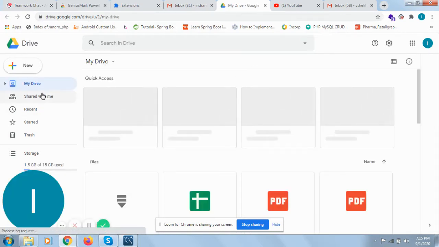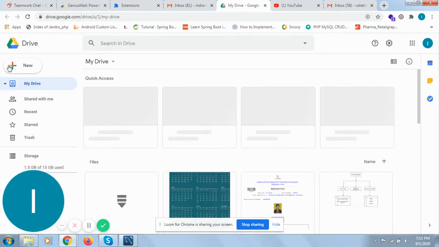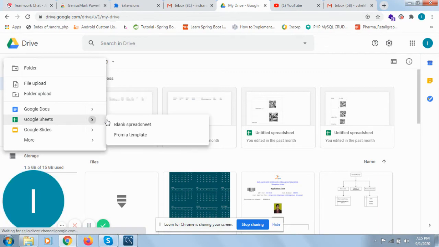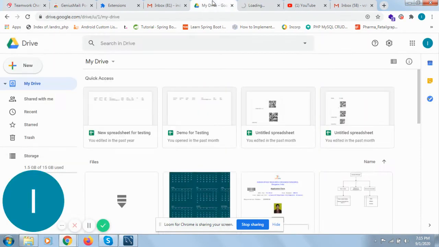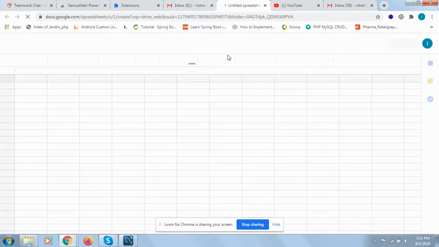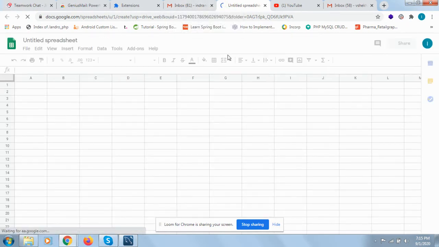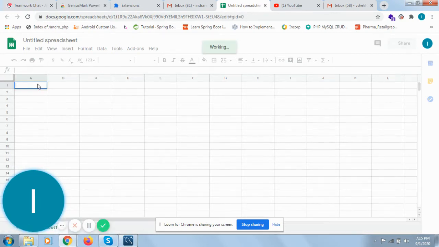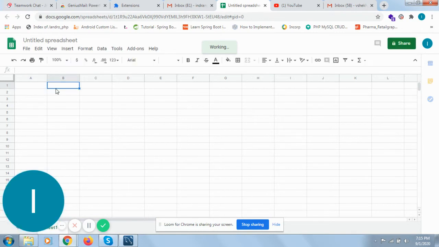From Google Drive you can choose a new Google Sheet, which is a blank spreadsheet. Say this is the blank spreadsheet. Suppose I am loading some data there.